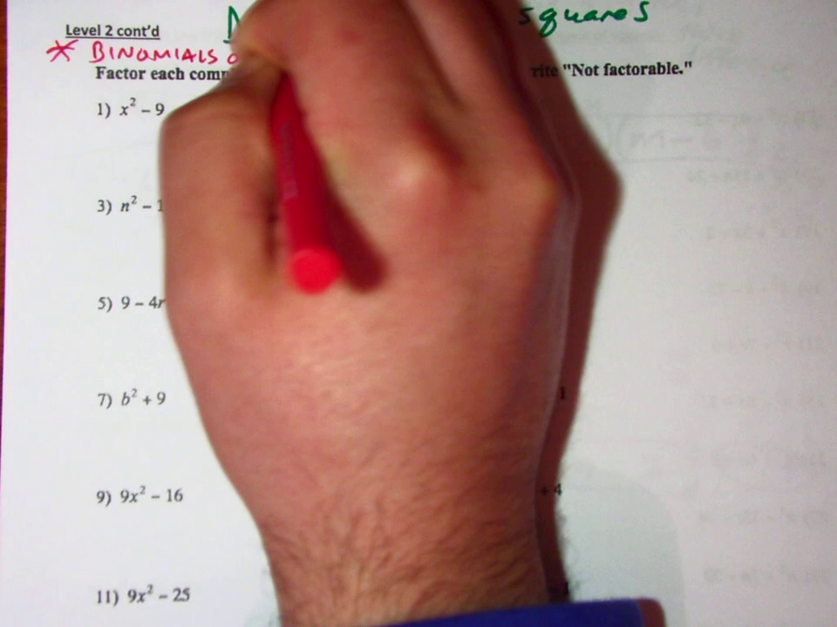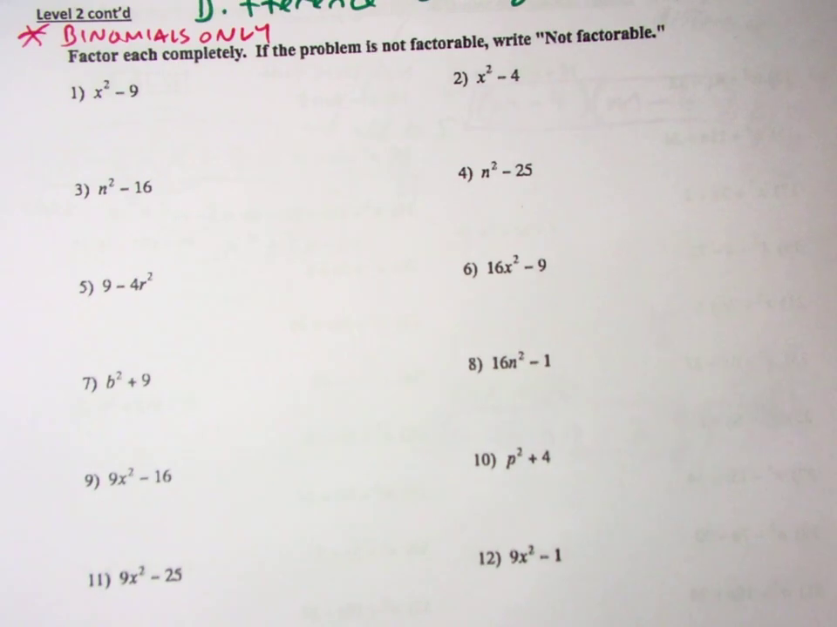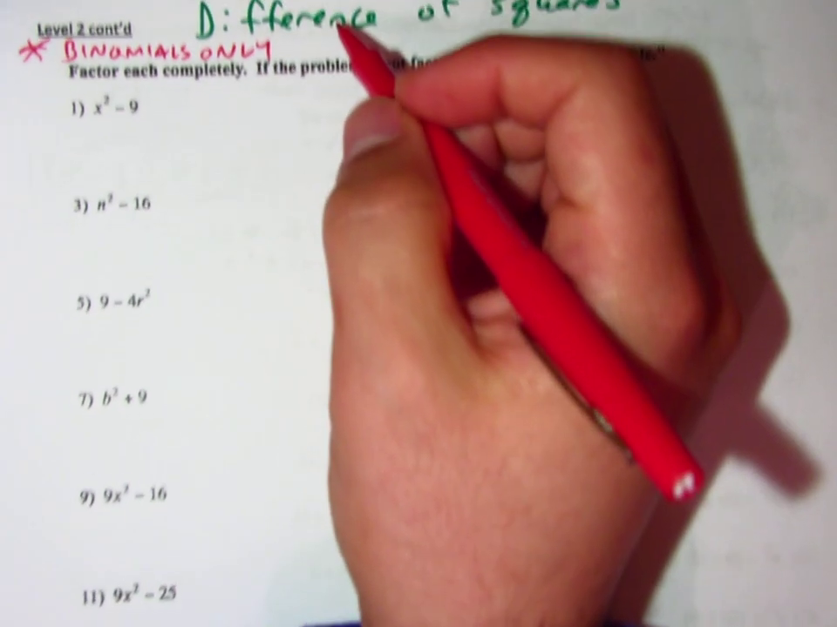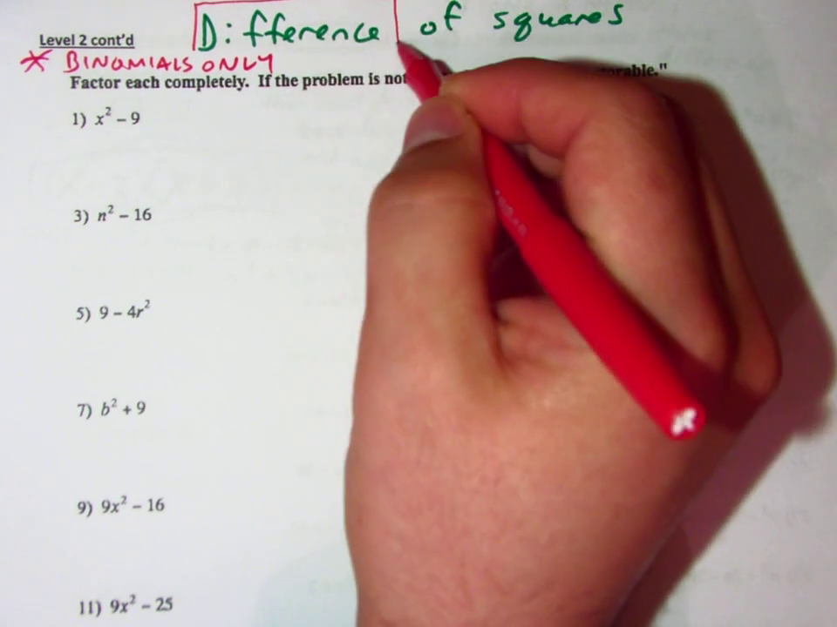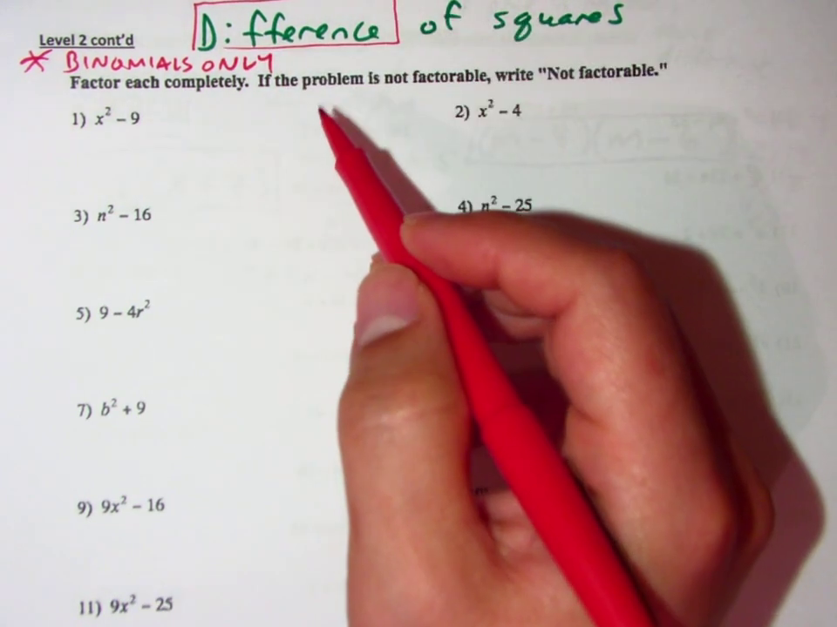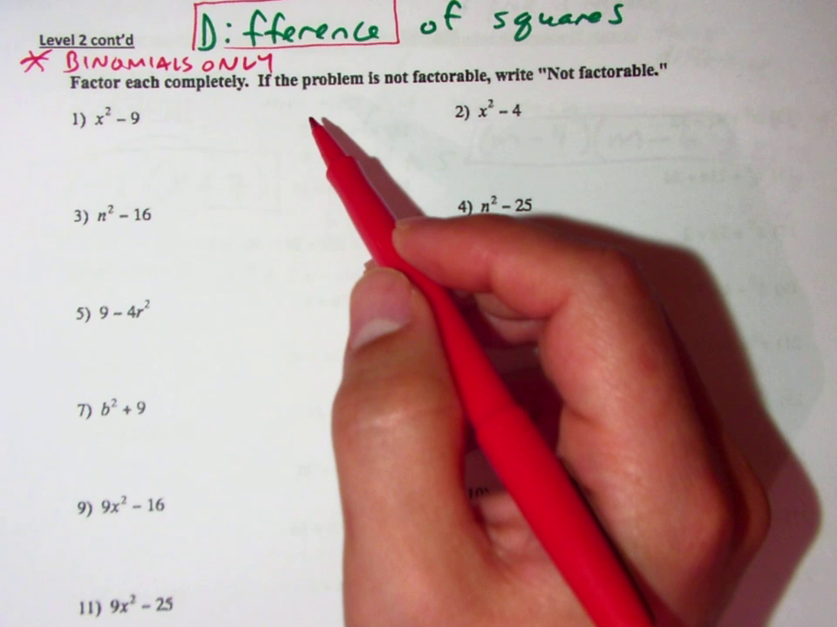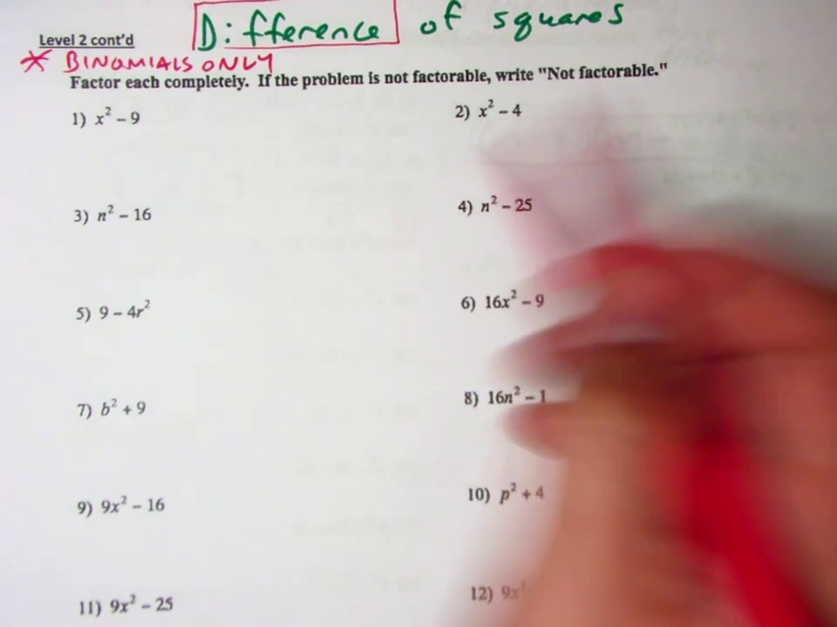So you'll notice that on this page of notes, every single one of these has two terms. And the other key to point out here is that difference means subtraction. So that means that this is only going to work for binomials that have a minus sign in between and squares,